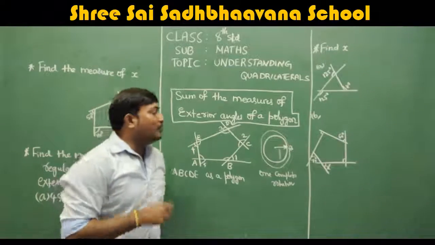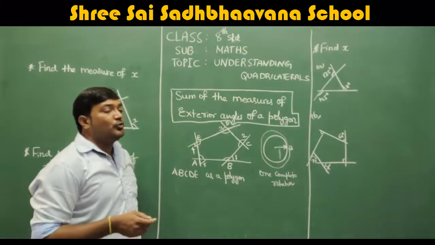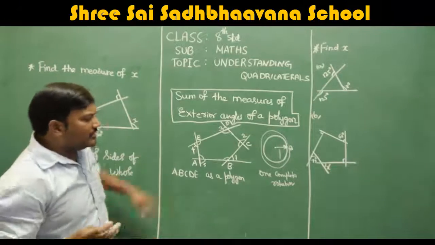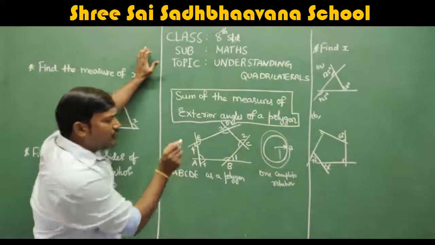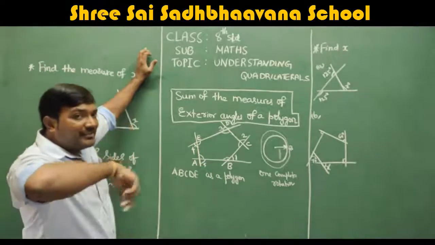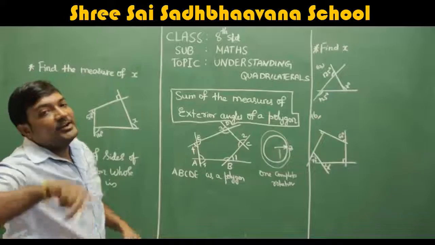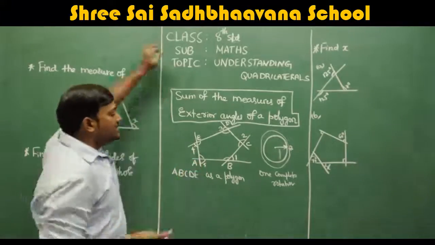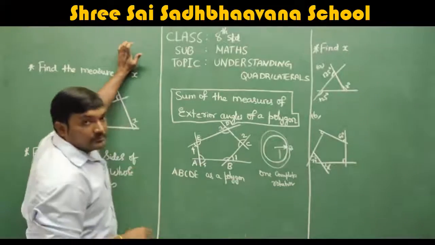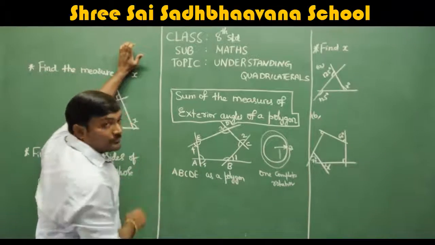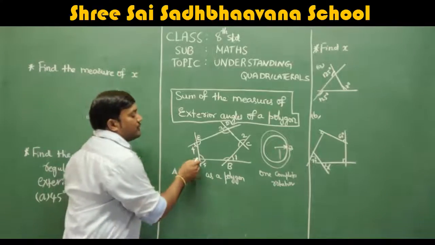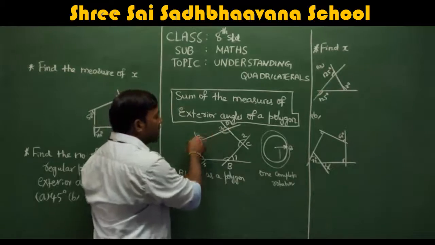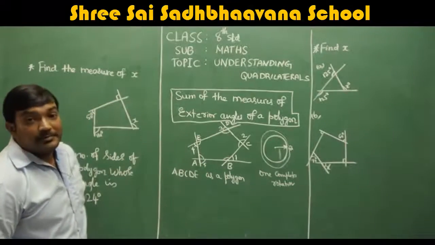Why am I explaining that to you? Because wherever you start, at 0 degrees or at one particular point, if you come back to the same point, remember that one complete rotation takes 360 degrees. Similarly, imagine that a person is standing here. You just start walking from A to B, again from B to C, from C to D, from D to E, and again you came back to A. It means what?